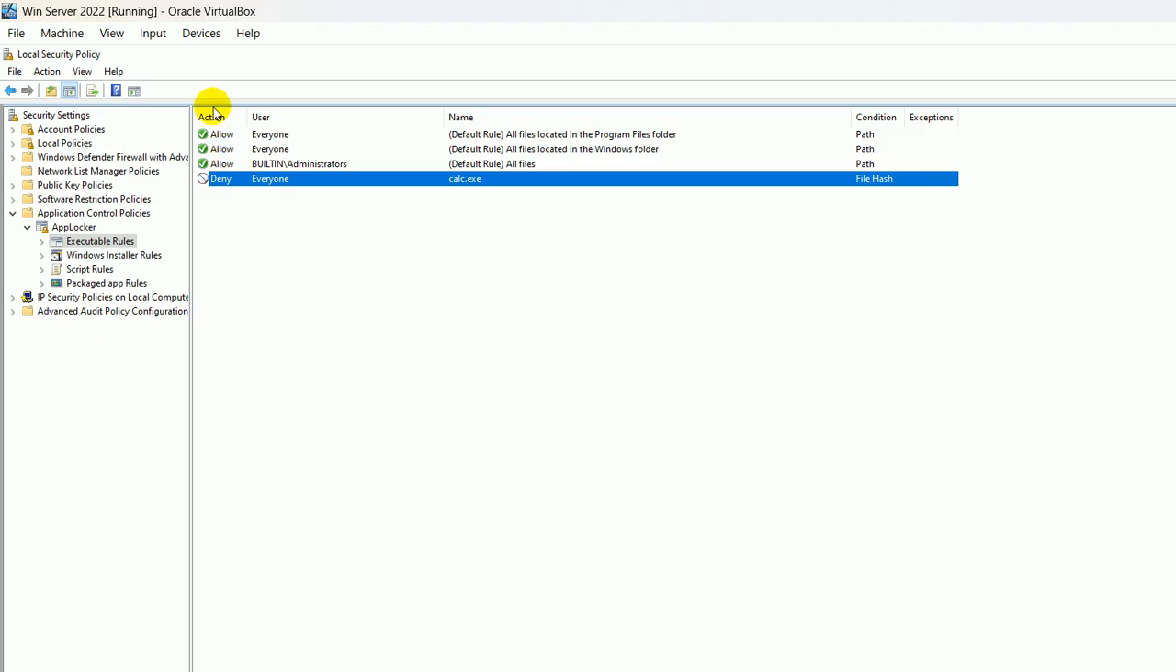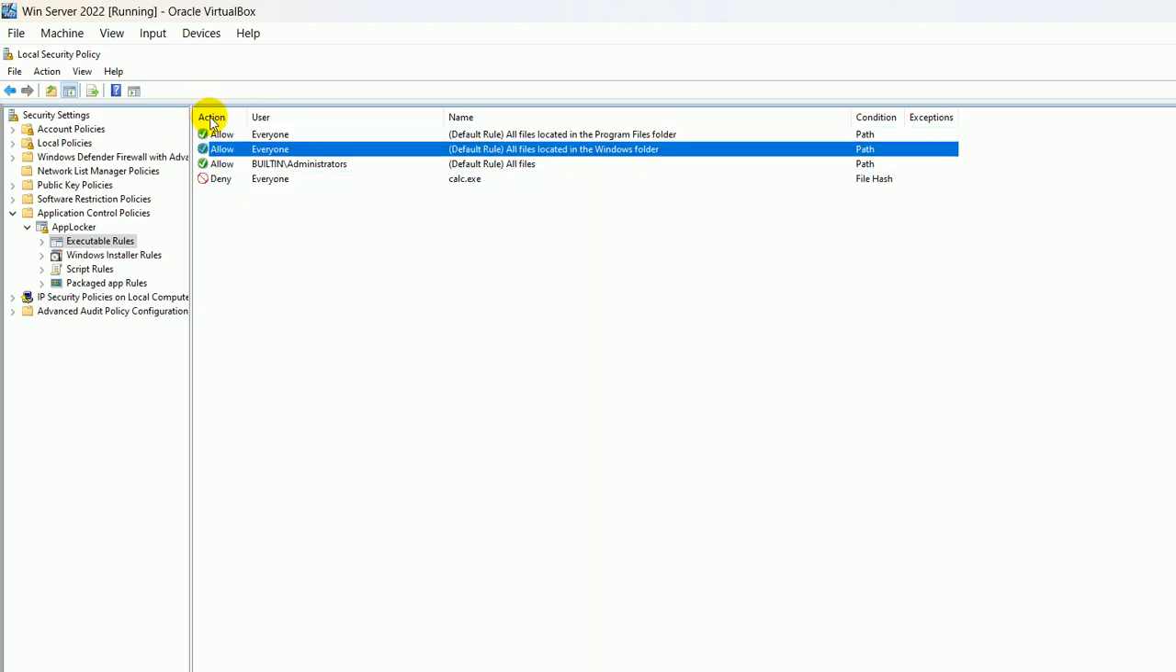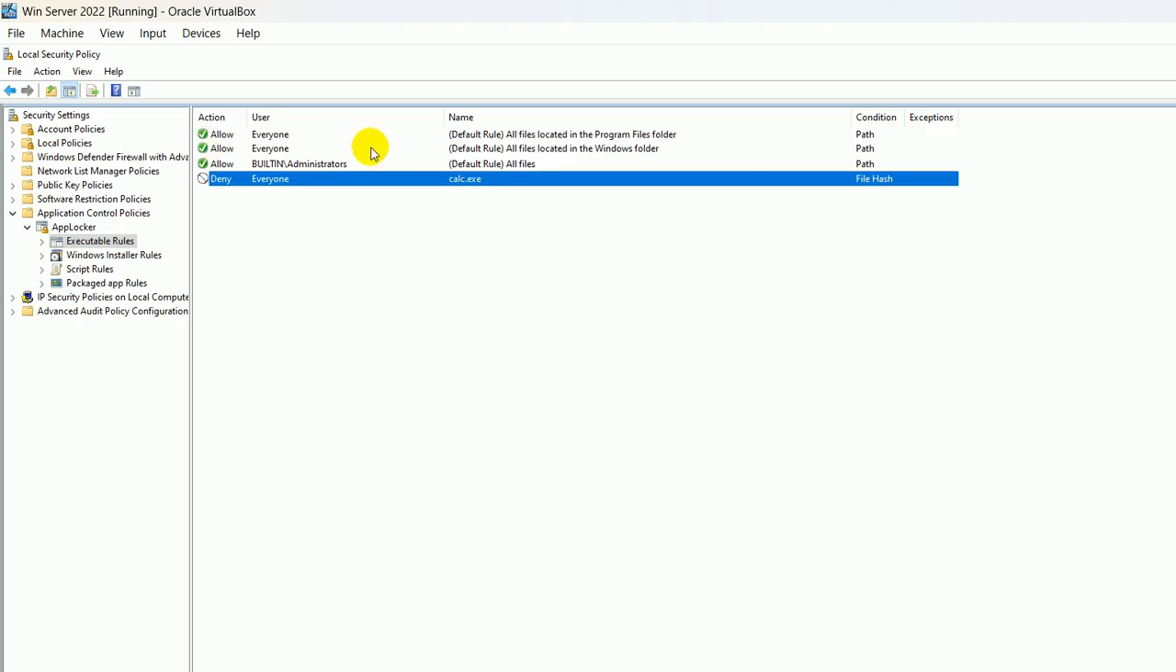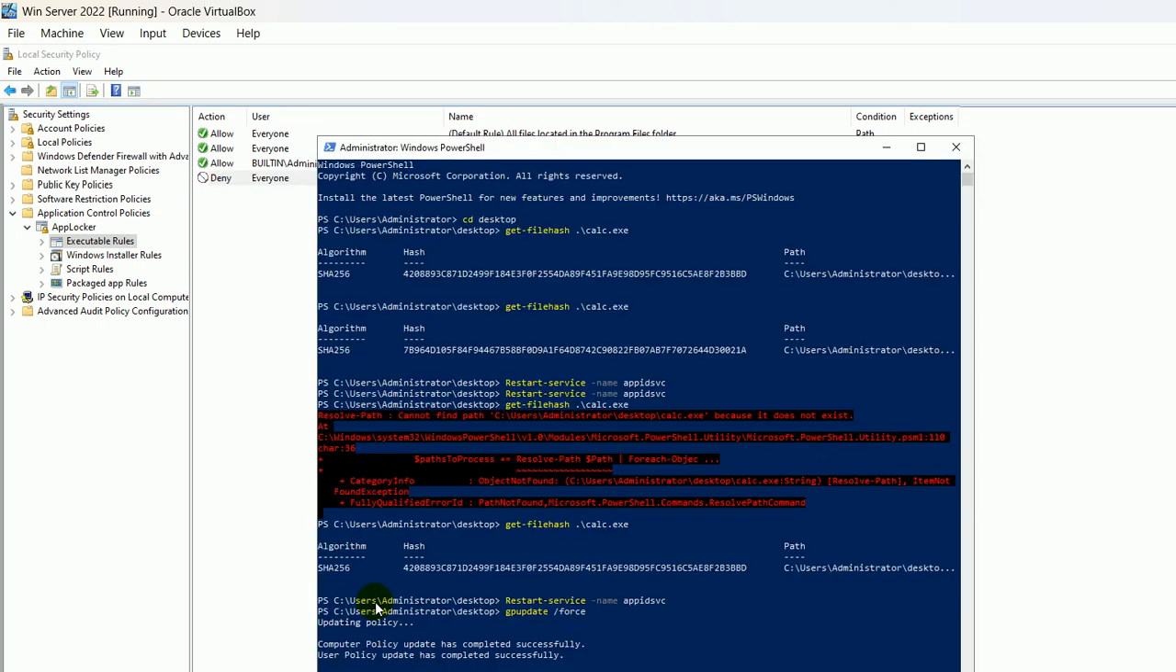So let's give a quick summary of what I have done so far. I have allowed all the applications to run and then explicitly denied this calculator.exe on the desktop based on its hash value. Okay. So after you do these things,